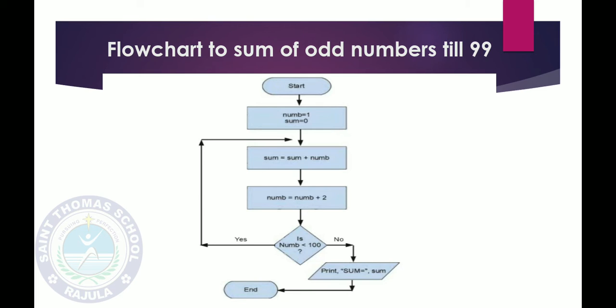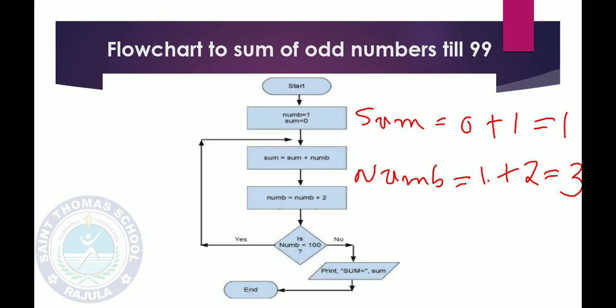Now the next process is to do the sum of odd numbers. So here the formula is sum is equals to sum plus number. So you have to do the summation operation of both boxes. Means now we are transferring the marbles from the left hand side to the right hand side box. So the right hand side box is our sum box. So in the sum box what are we keeping? Sum plus number. Initially the sum is empty, so 0 plus number. In the number, 1 marble, that marble we are keeping over here. So that will become 1. So here you can see sum is 0 and number is 1, so it will become 1.